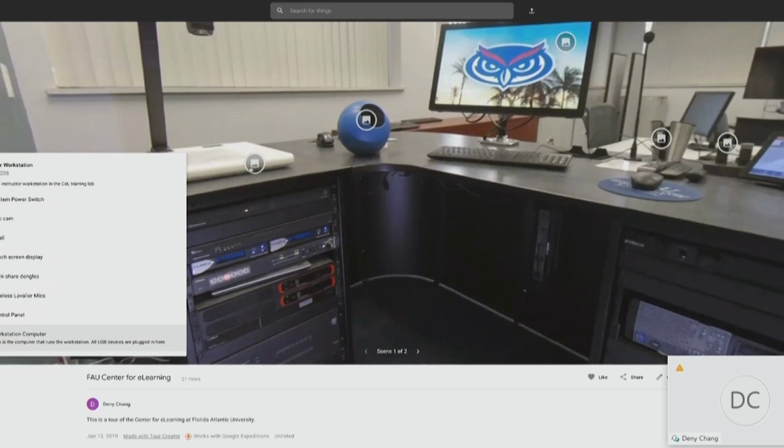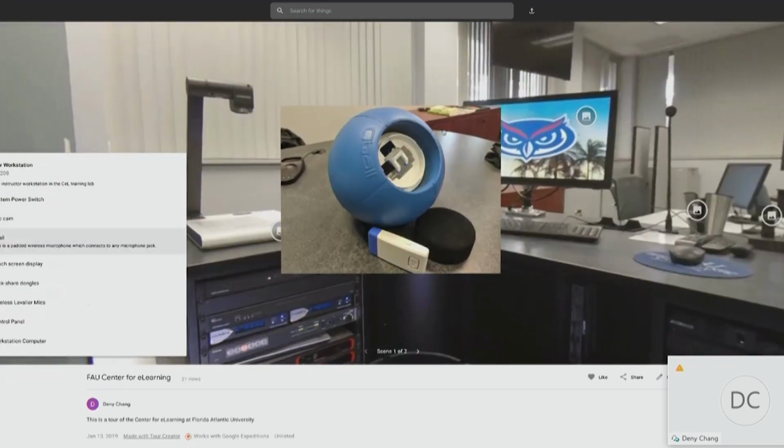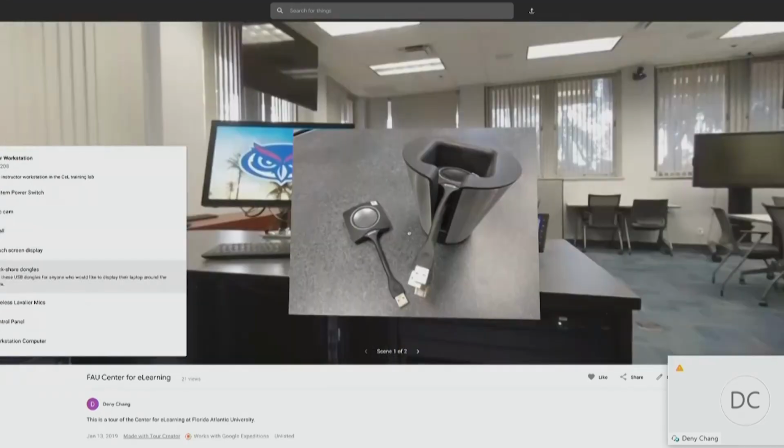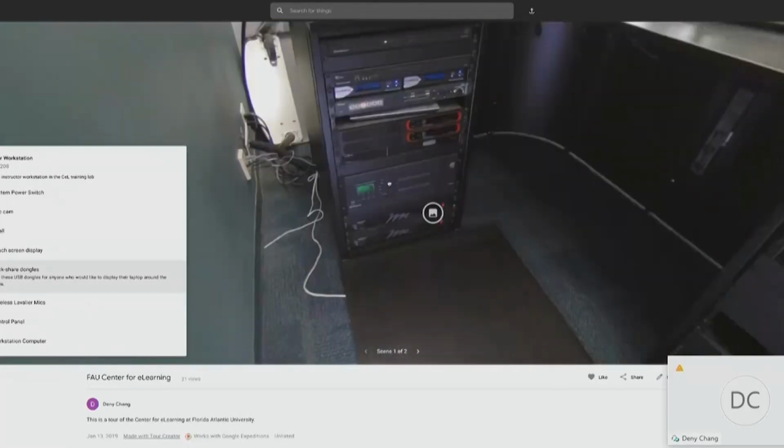We're going to be capturing all the different devices that make up the lab, and within the hotspots, which is where you click and you see the object, there will be a video with a lab technician describing the process, what this is for, how to use this, and any important information, safety procedures to keep in mind when you're using this item. This is great for introductory, someone who can take a look at this before they actually show up